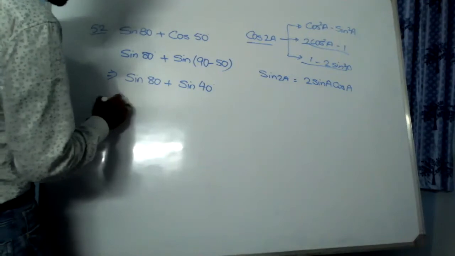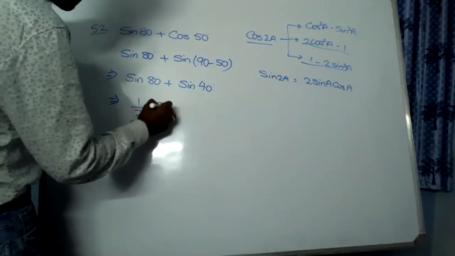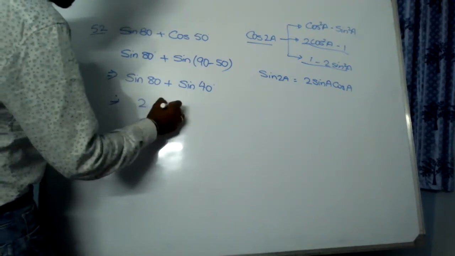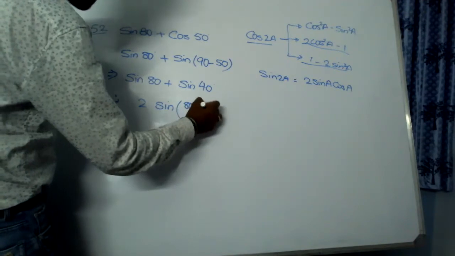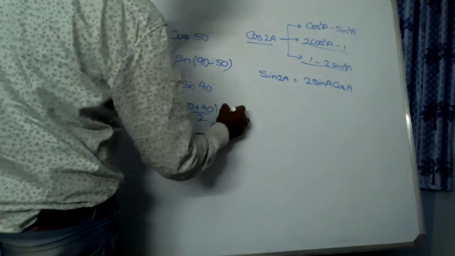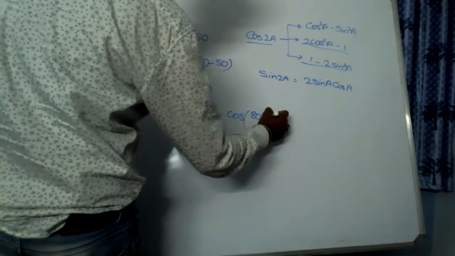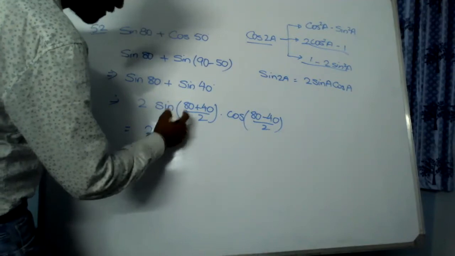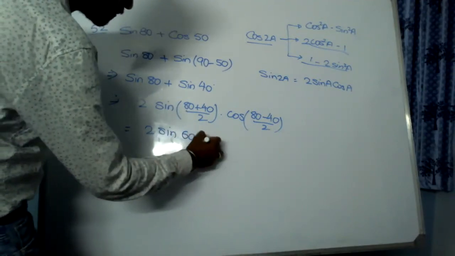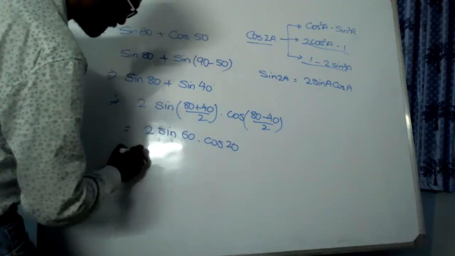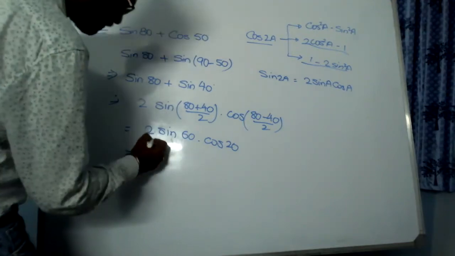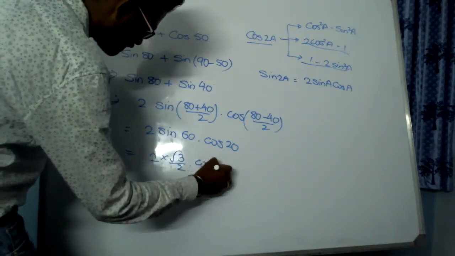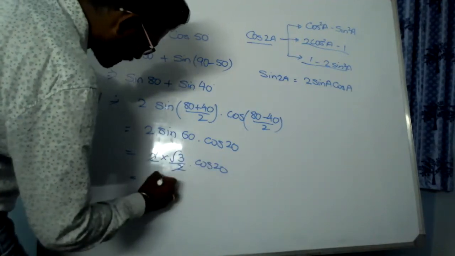Sin A plus sin B formula I can apply now. It says 2 sin of (A plus B) by 2, that is 80 plus 40 divided by 2, into cos of (A minus B) by 2, that is 80 minus 40 divided by 2. So what I'll get here is 2 sine 120 by 2, that is 60 degree, into cos 40 by 2, that is 20 degree. Sine 60 is what? Root 3 by 2. So 2 into root 3 by 2 into cos 20. 2 and 2 will get cancelled, and I'll get here root 3